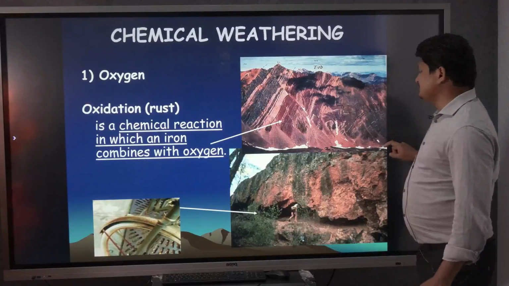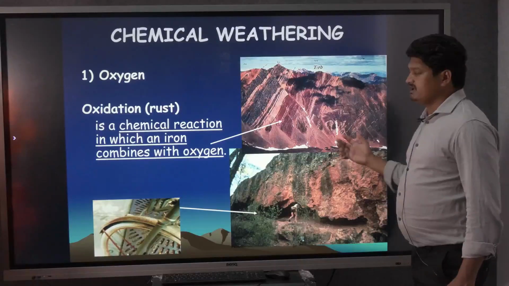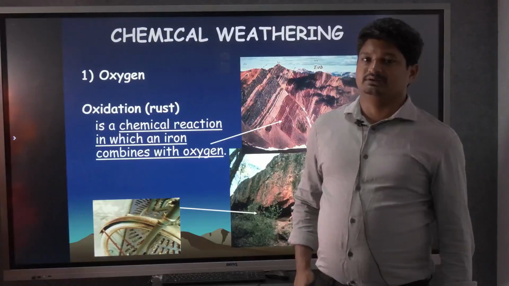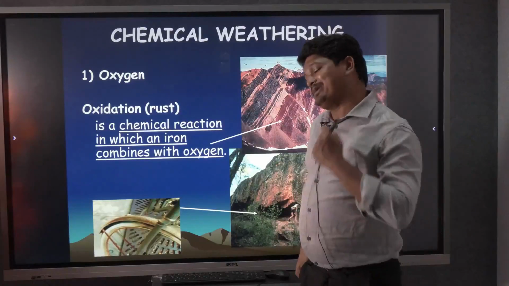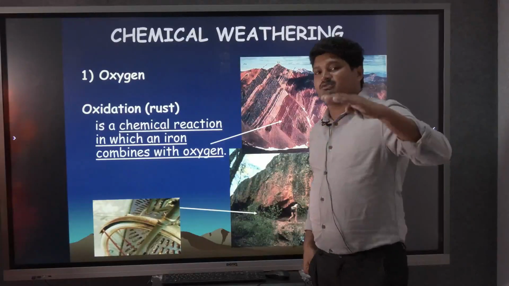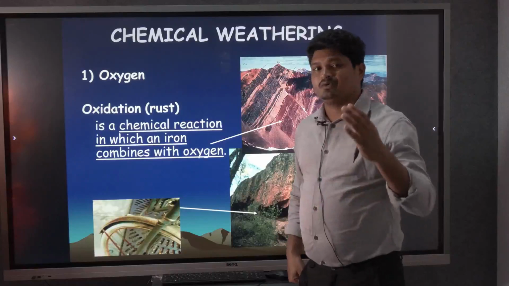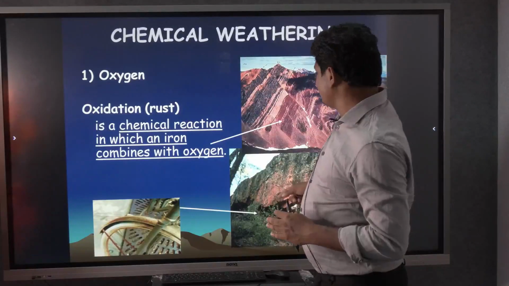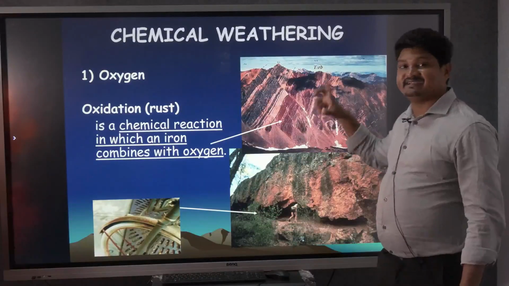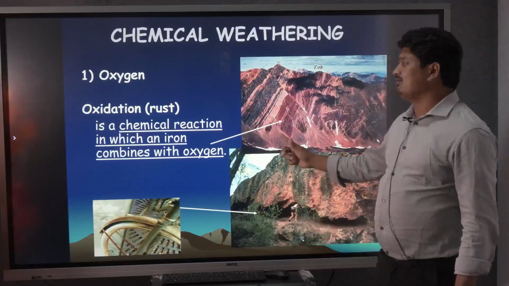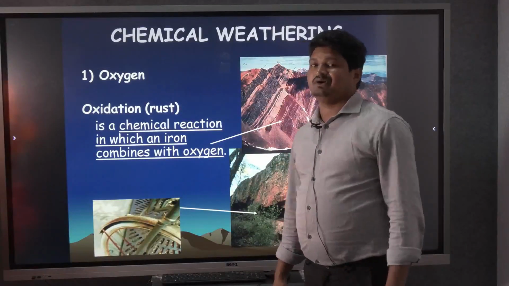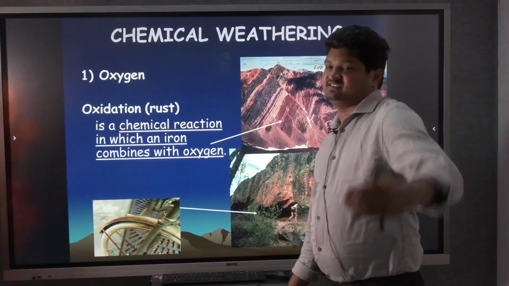The best example of this is khondalite. We see it in the Eastern Ghats group of rocks, where khondalite frequently occurs, for example in the Visakhapatnam area. The basement rock there is khondalite, the older rock. The older rocks are affected by the oxidation process, causing red colorization of the entire area in Visakhapatnam. This is a live example of the oxidation process in the Visakhapatnam region.